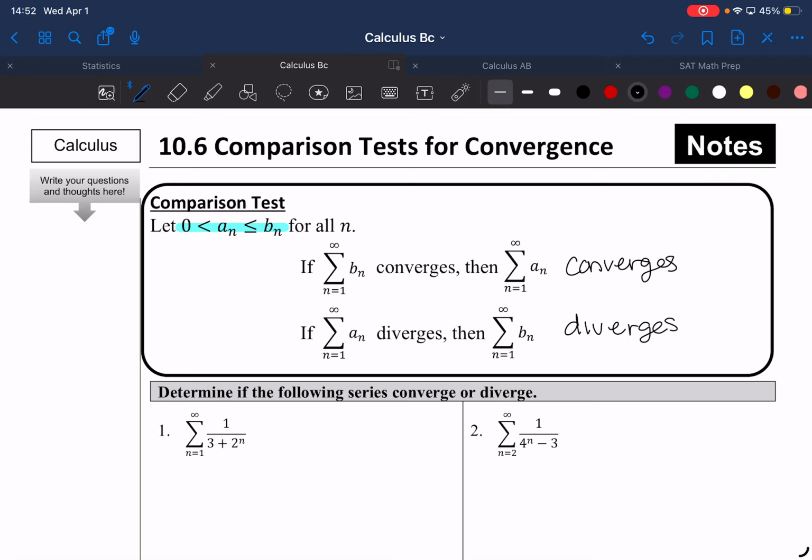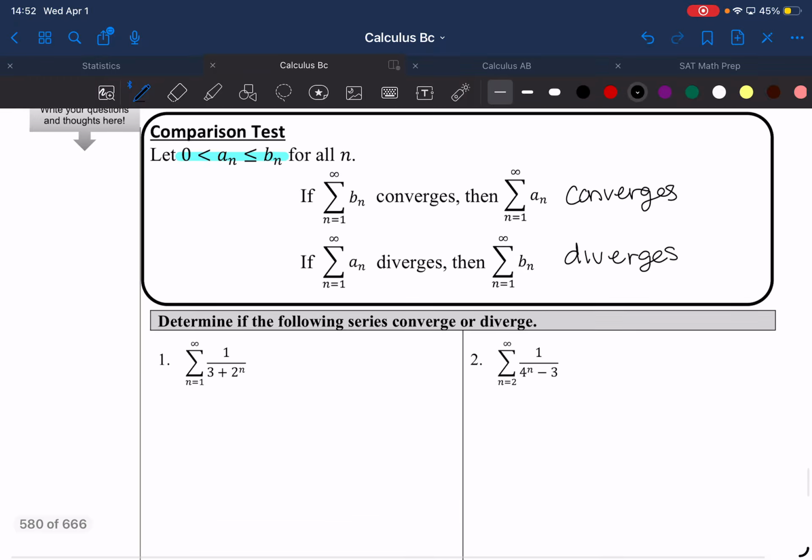This is only the case if a sub n is less than or equal to b sub n. So if a sub n is greater than b sub n, then these conditions do not apply. And that's the big idea here, you need to make sure you pay attention to that part that I highlighted. So looking at number 1, we have the summation of 1 over 3 plus 2 to the n